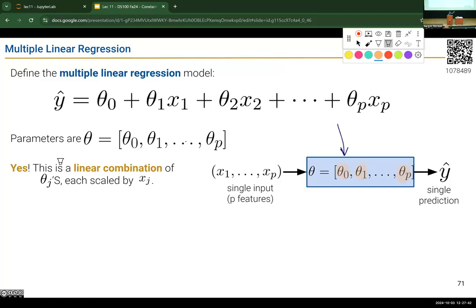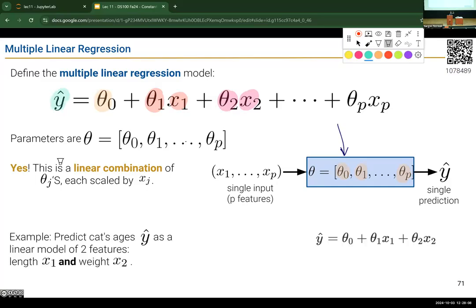And what it will do is calculate a weighted combination of all of them together. It basically says that you have theta 0. It is going to multiply feature 1 with the parameter associated with feature 1, which is theta 1. And then the same thing with feature 2: theta 2 multiplied with feature 2, and so on and so forth,